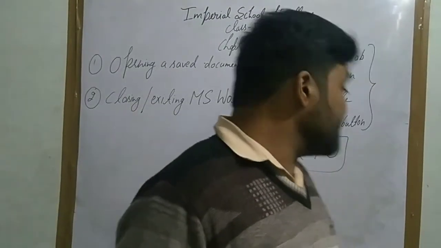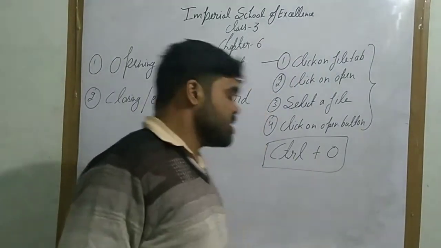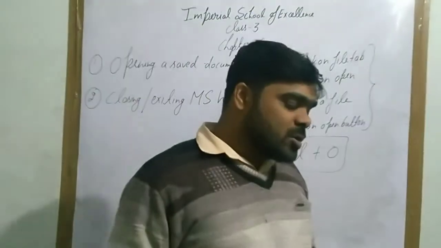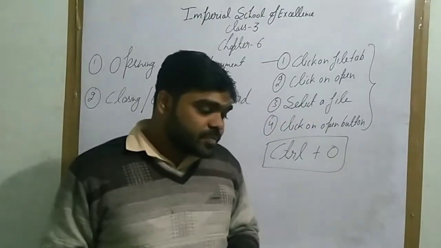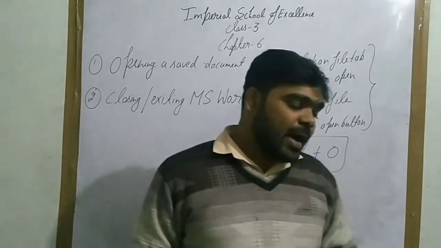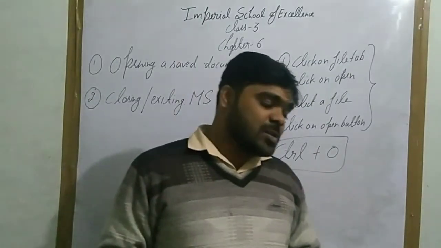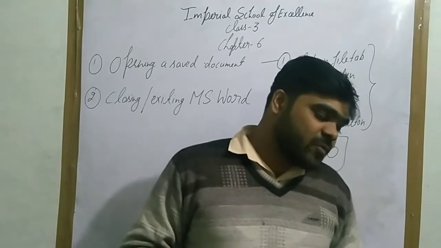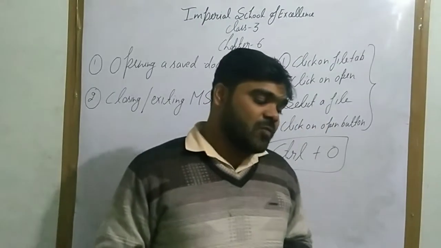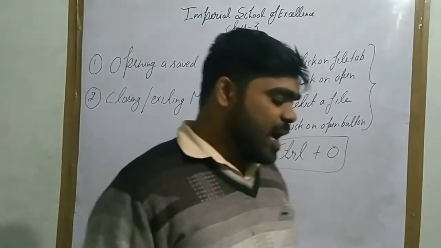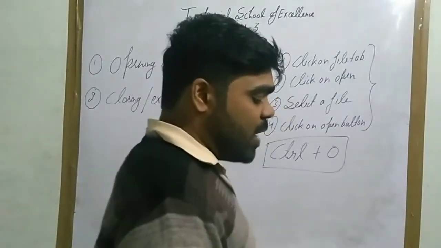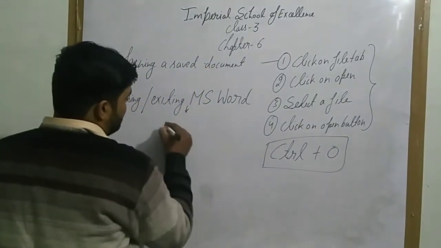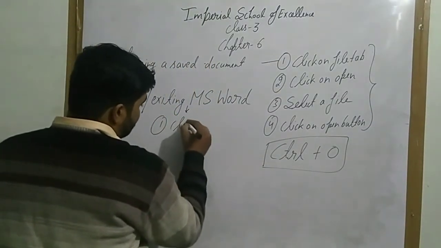After that, the next topic which we have to discuss is closing an existing MS Word. To close a document in MS Word, if you try to close a document without saving, MS Word displays a message box asking if you would like to save the file. If you have not saved the file, save it to exit MS Word. Now what you have to do is first click on